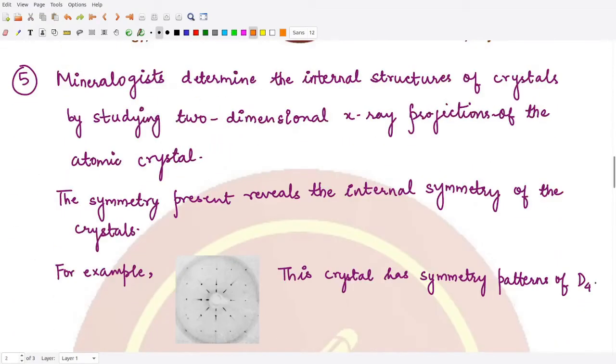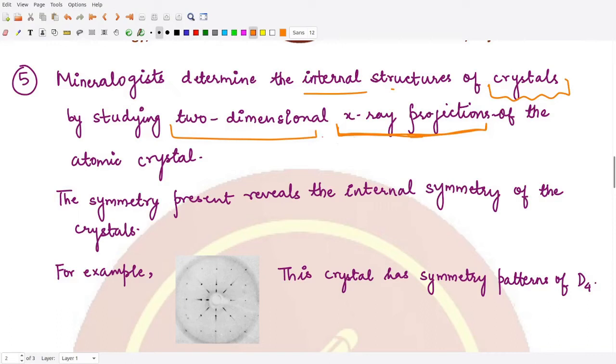The next is mineralogist. They determine the internal structure of crystal. So mineralogist, how do they classify the different structures? They determine it using the X-ray projections. So once they collect the crystal, they do not know what is the structure of that crystal, they put it in X-rays, have the projections, and from that 2D projection that they obtain on 2D